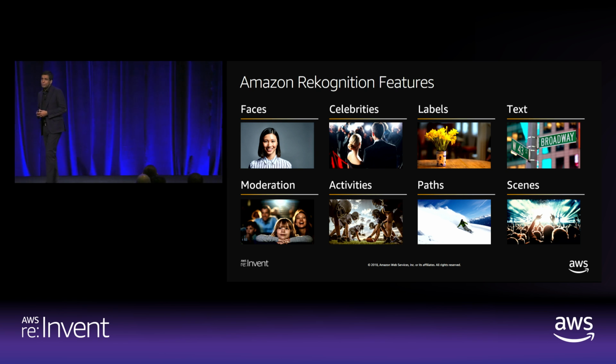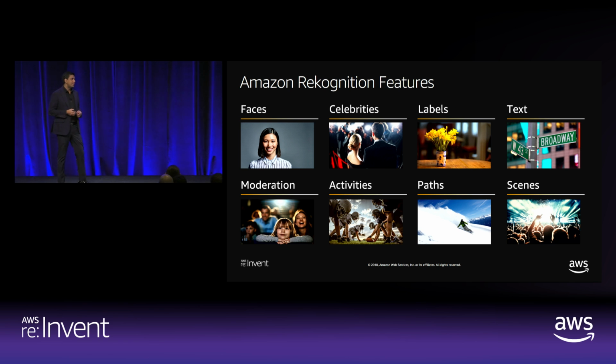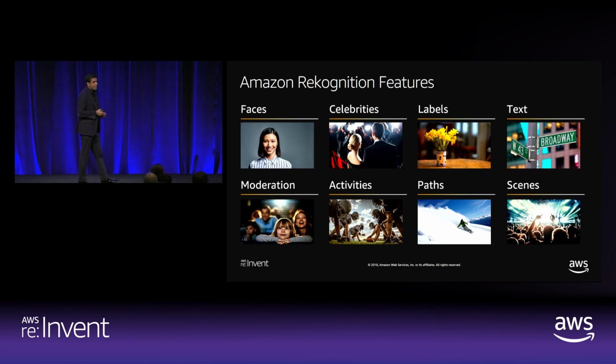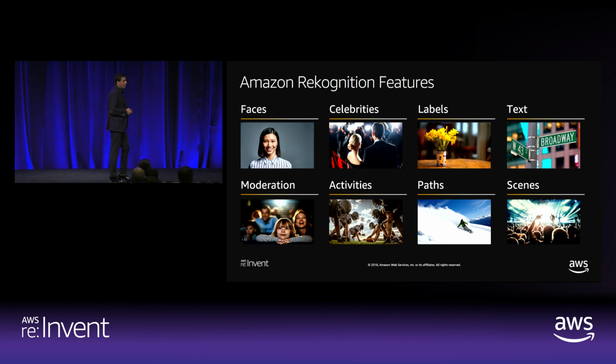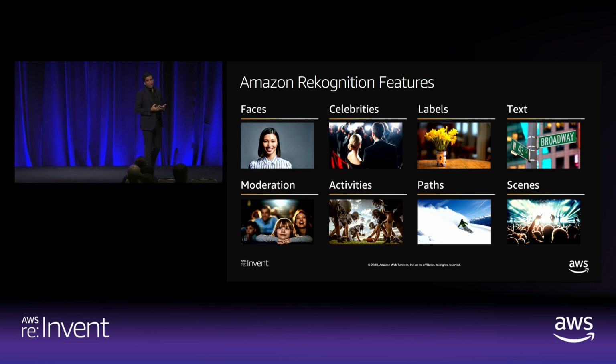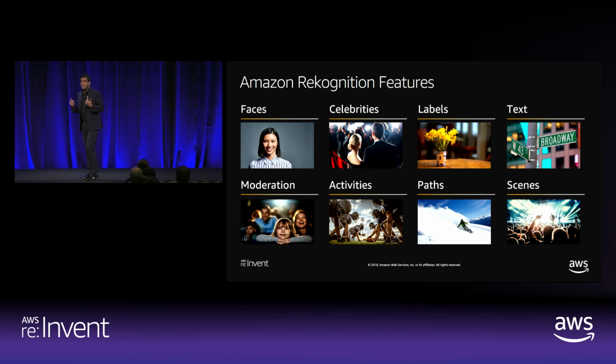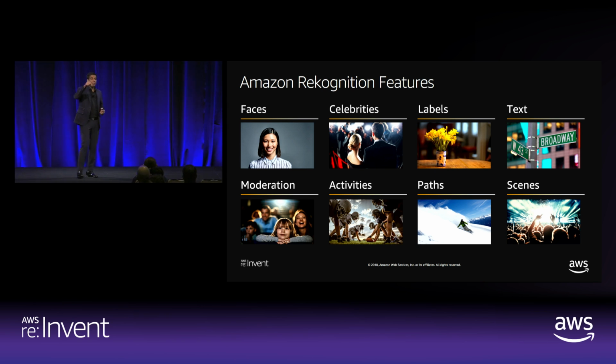The other aspect that we could do, because of the completeness of video analysis that we have in our solution, is pathing. In pathing, we are able today to identify a person, and when we say person, it's more than a face, it's of course your face and your body. Even when your face is not seen, we are able to detect a person and then path them through their motion in that video. Which means if a person is walking at the back of this hall right now, we'll be able to path them with fairly high accuracy, even when they're partly or fully hidden behind another person or a physical object.